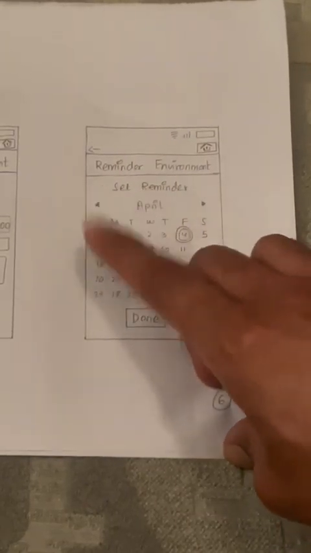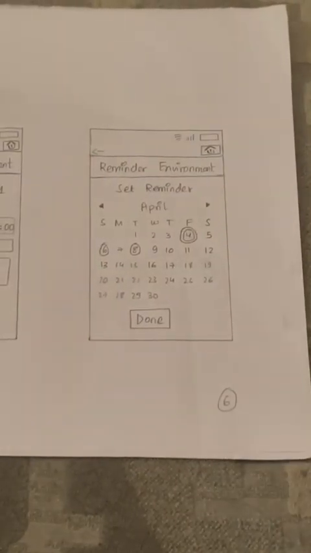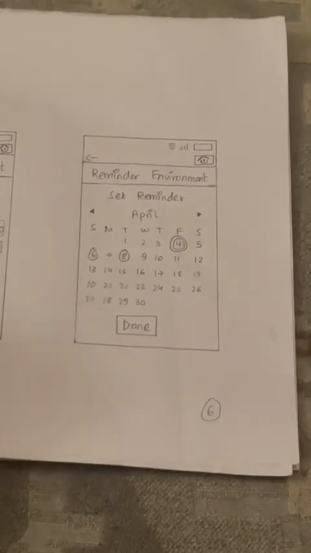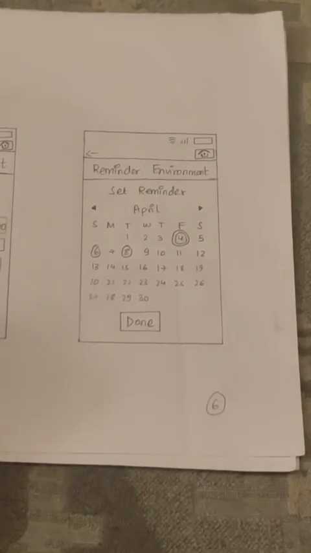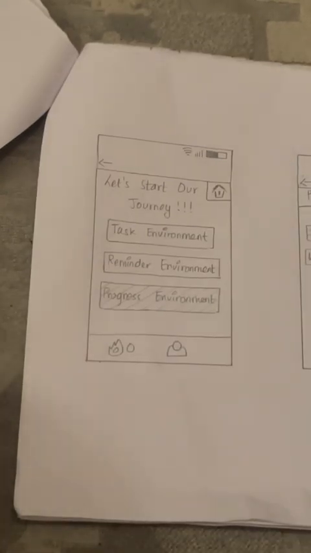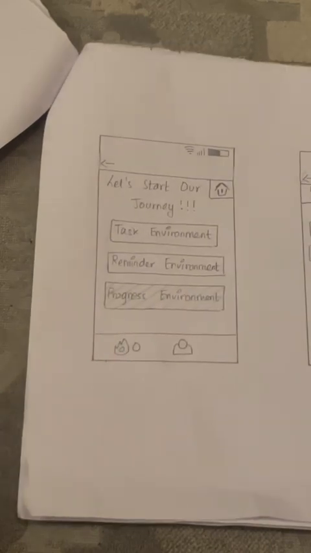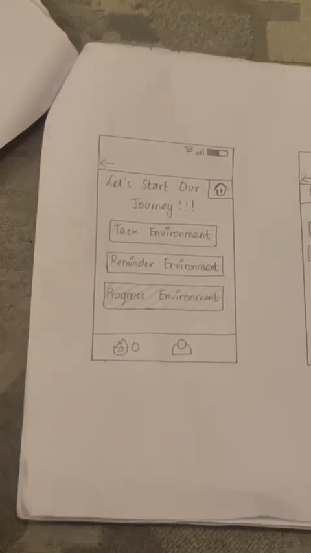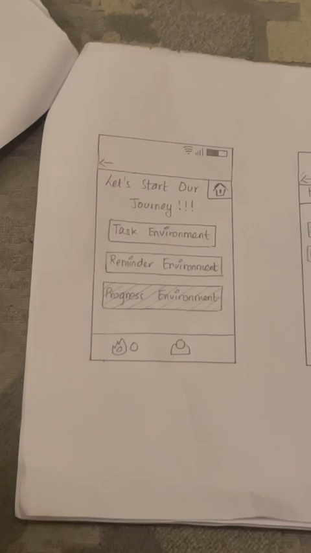But when the user selects 6 or 8, there also the user can ask the app to remind him for certain works. So moving forward, we go to the next page here. So again, we go to the dashboard, and in the dashboard we have this progress environment. So here we see all those relevant things that our app knows about the user, and then asks the user